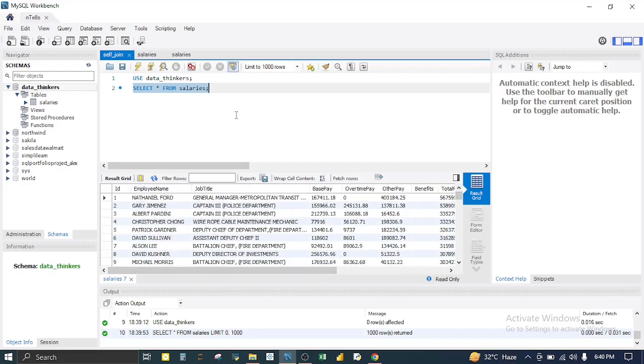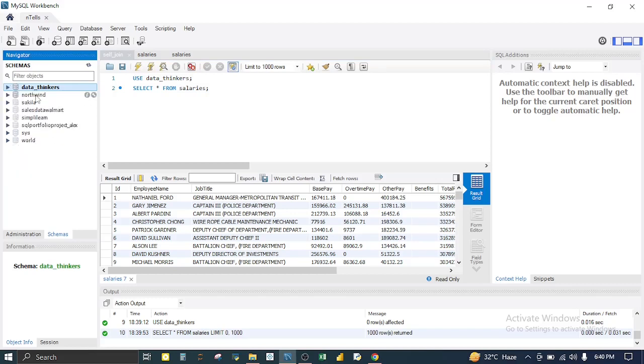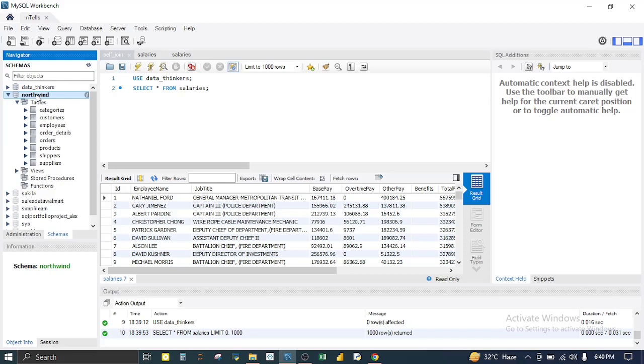Now you could use data thinkers to activate the database, or let me select another database, in this case Northwind. I can simply double click, and Northwind database is now activated. What are the tables under the Northwind database? These are the tables: categories, customers. So let me select